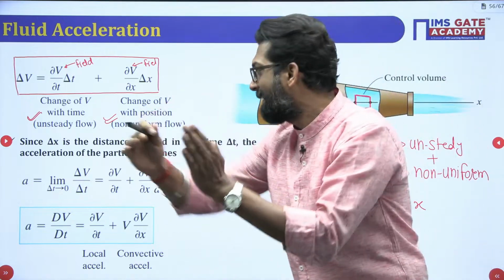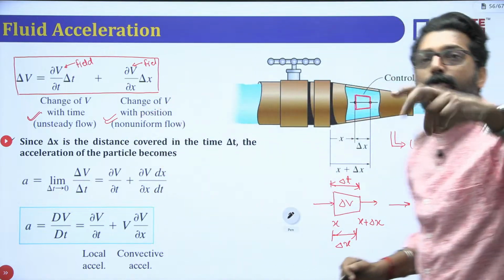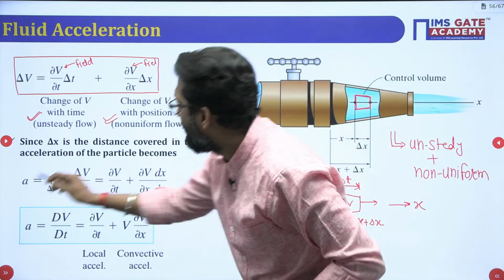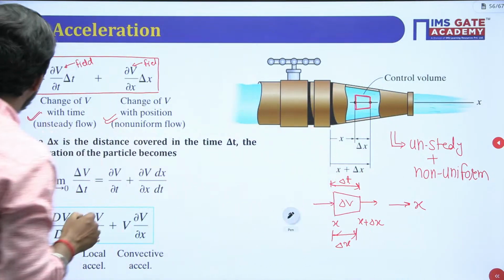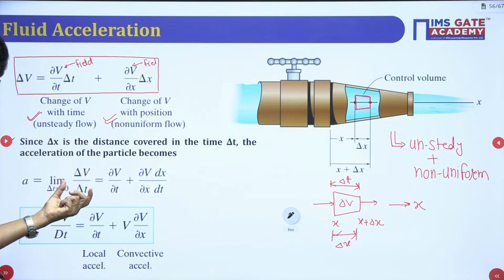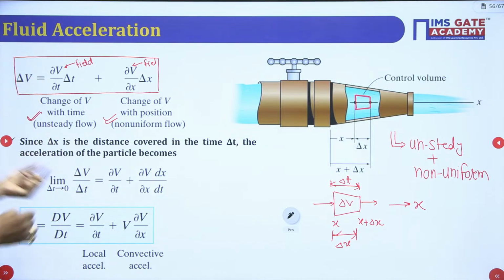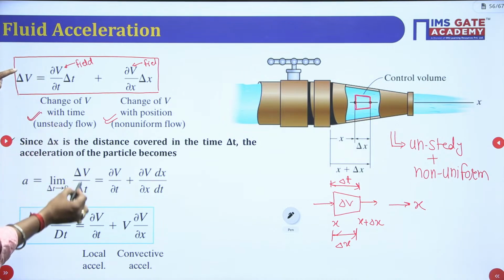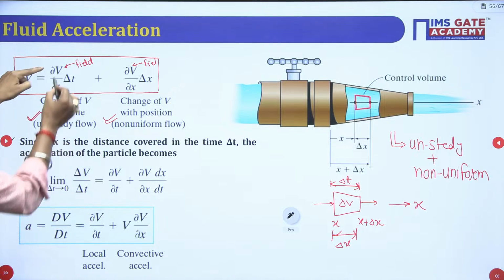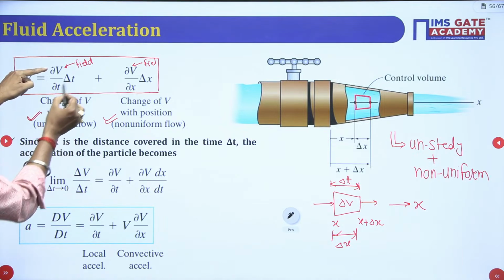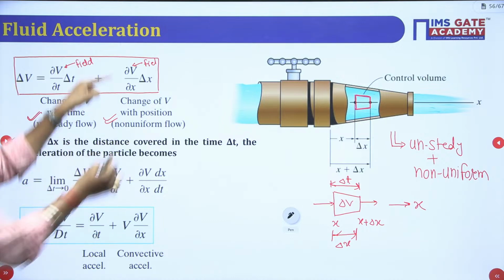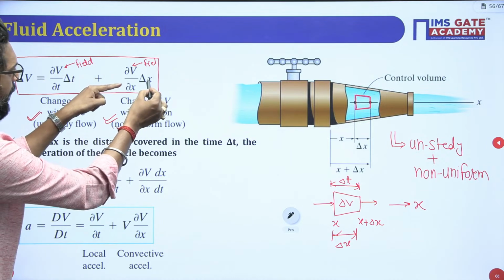Because you have a delta x and a delta t, so there must be acceleration. So what is the acceleration? You have to divide this delta v by delta t. So delta v by delta t is acceleration: dou v by dou t, delta t cancels, plus dou v by dou x